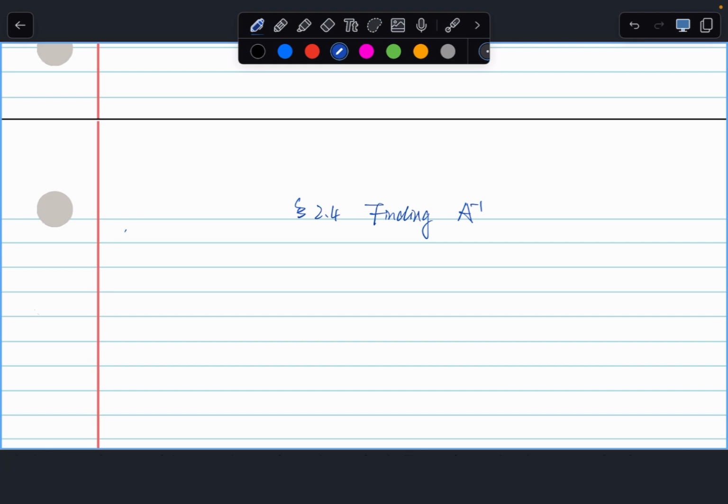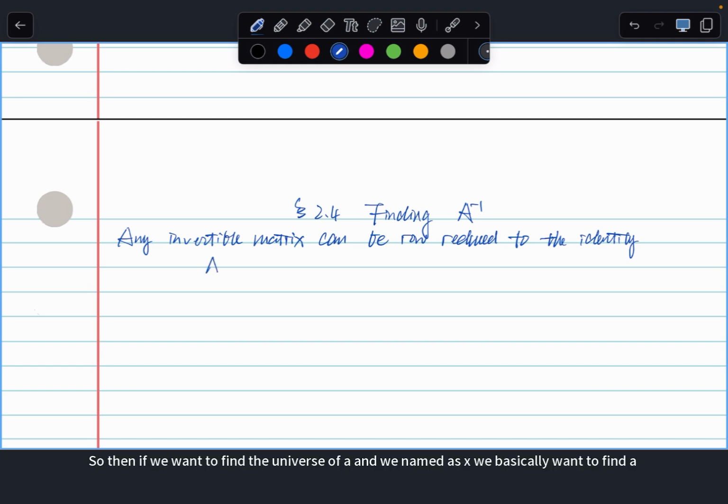So we know that any invertible matrix can be row reduced to the identity. So then if we want to find the inverse of A